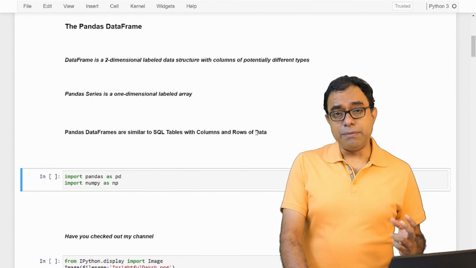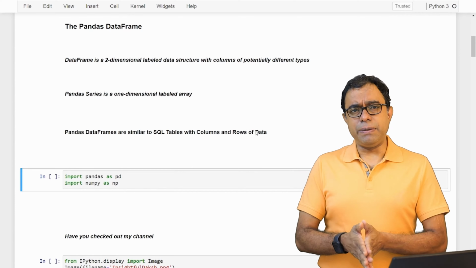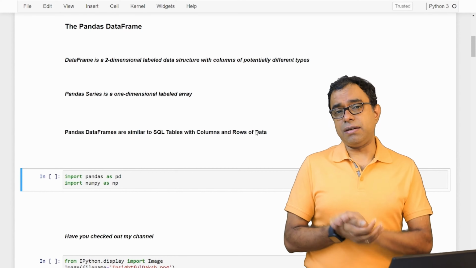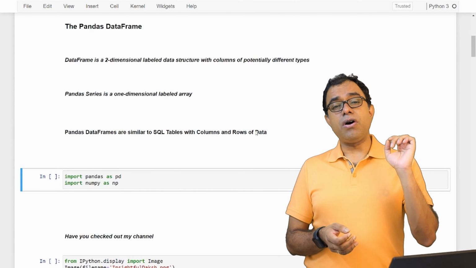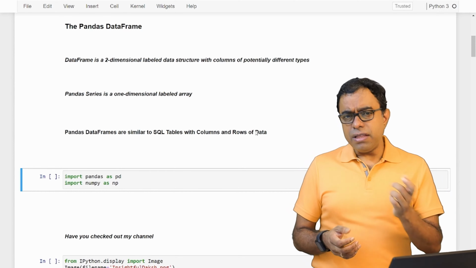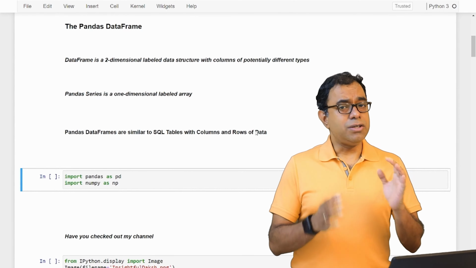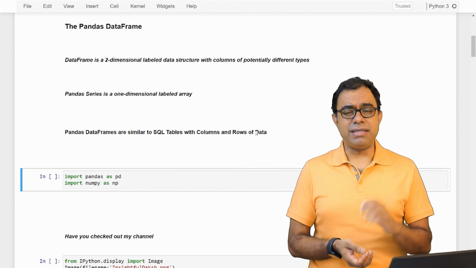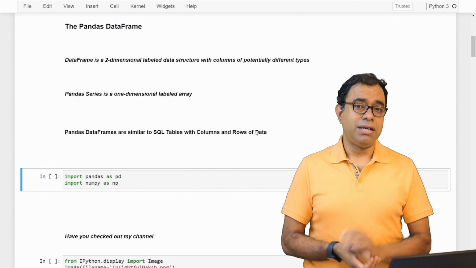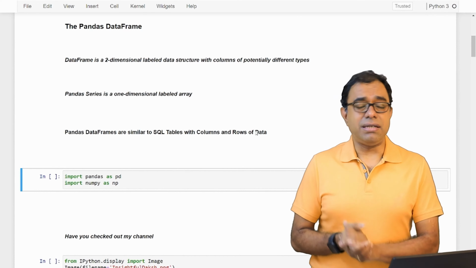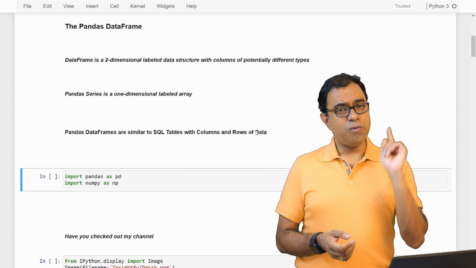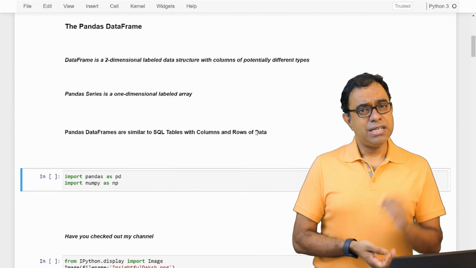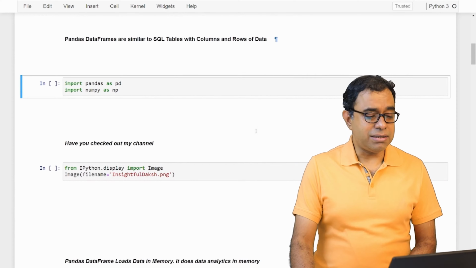What is a Pandas DataFrame? In a nutshell, a Pandas DataFrame is extremely similar to an RDBMS database, a SQL database, with rows and columns, with columns as fields. Or you can even think of a Pandas DataFrame as an Excel sheet with rows and columns, which contains headings like serial number, name, age and other things. Okay, so this is what a Pandas DataFrame is. Pandas Series is a one-dimensional entity. We are going to talk about Pandas Series when we look into Pandas Series. So let's go ahead and talk about Pandas DataFrame.